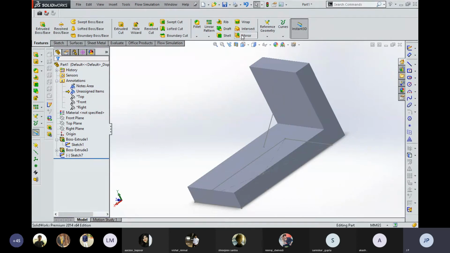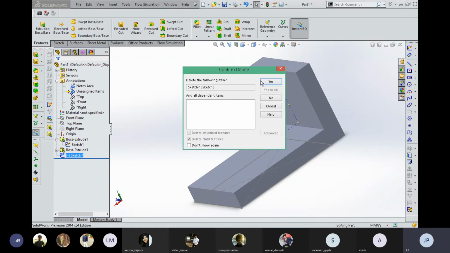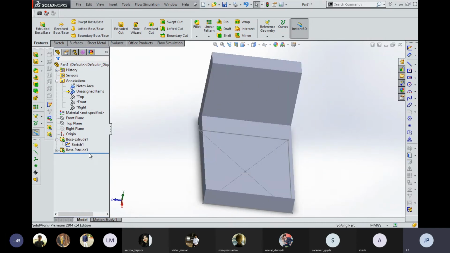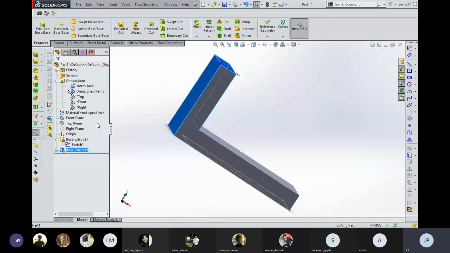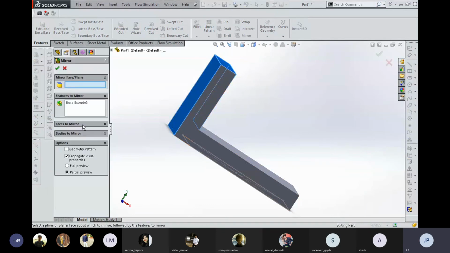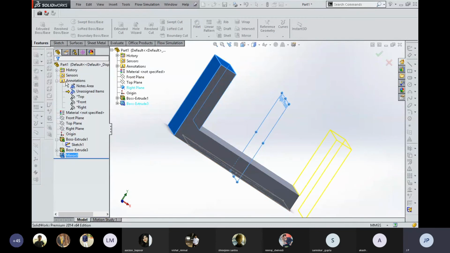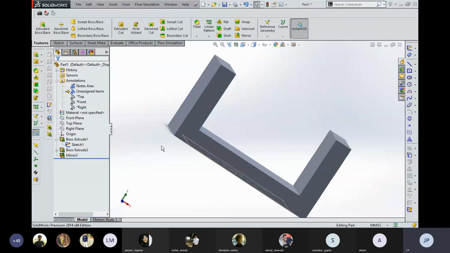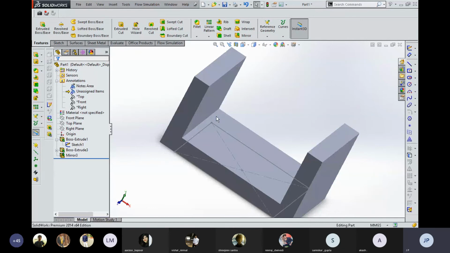Okay, actually the mirror tool is available. So what we need to do, we have to use the mirror tool in the same manner we used earlier. So I'm going to mirror this part if the middle plane is available, so it is available. I am going to mirror this left hand side component to the other side. For that I am going to select the plane which is available, right plane, and select, then click OK. So in such a manner you can create a copy of this component.